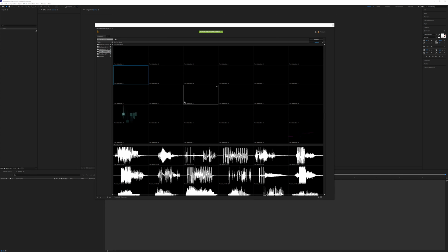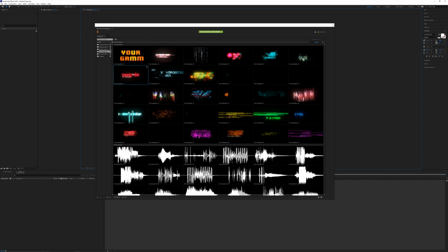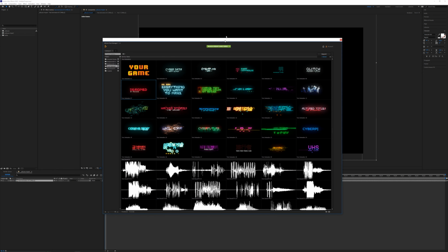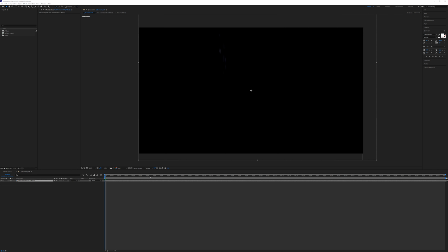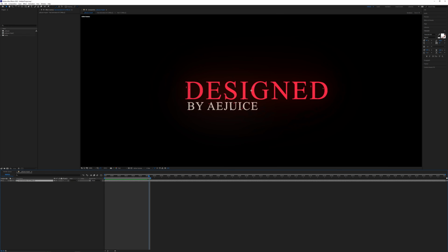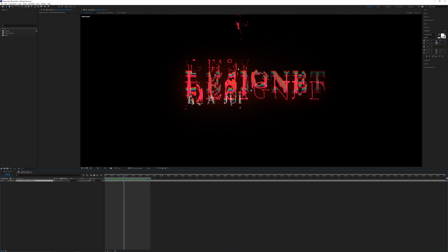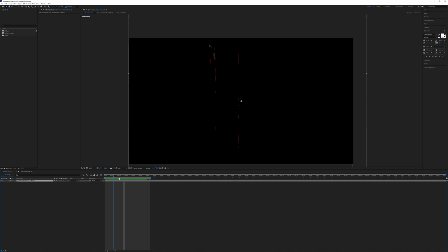Let's go back up to these text animations, and I'm going to click on text animation 7. So we're just going to double click that, wait for that to load in. I'm going to move this window up to a different monitor up here, and then let's go forward maybe just 30 frames or so, and then just preview what we've got. So this is a pretty cool animation. There's a lot of intricate detail in this. We got some text flying down with some distortion and some kind of glowing edges and things like that. I think this is pretty cool, but I think there's quite a few things that we could do just to spice it up a little bit.